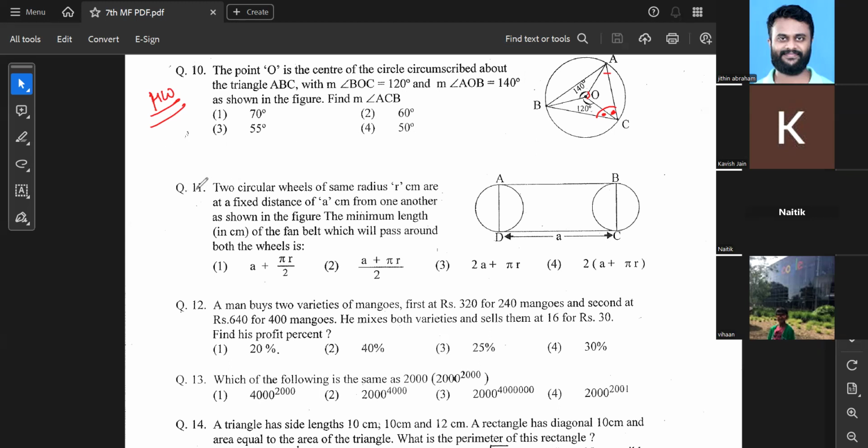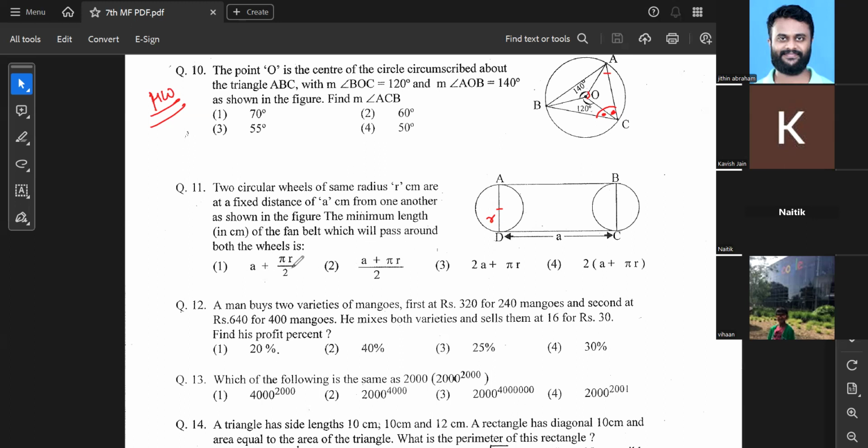11th one. Two circular wheels of the same radius r centimeter are at a fixed distance of a centimeter from one another. This radius is r. The minimum length in centimeters of the fan belt which will pass around both the wheels will be